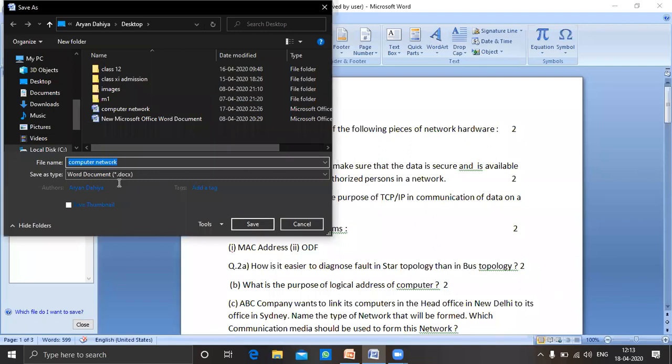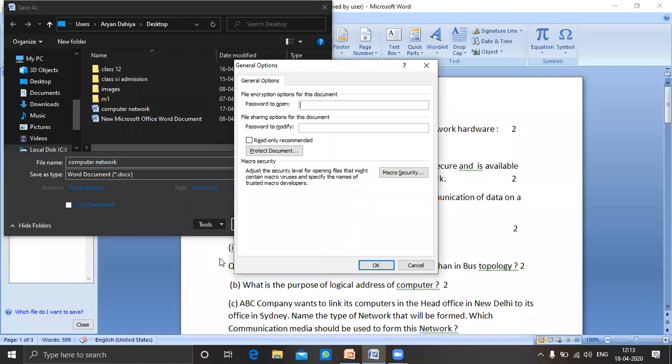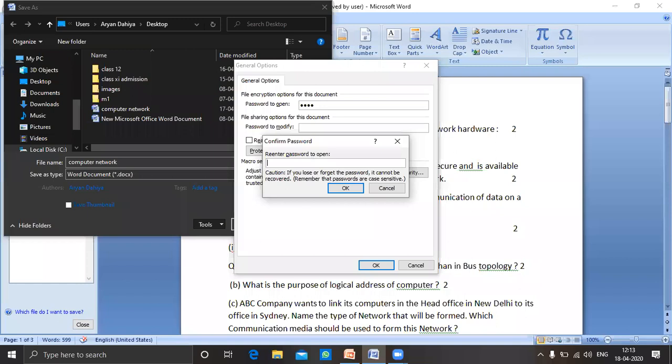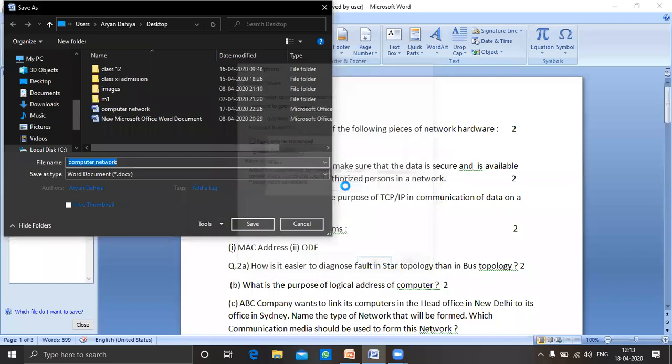Suppose this is the file name, and click on Tools, then General Options, Password to open. If you want to apply a password, whenever you want to open the file, you write the password. Suppose I have given a password of 4 characters, then click on OK. It asks again to confirm the password to open. OK. Now click on Save.